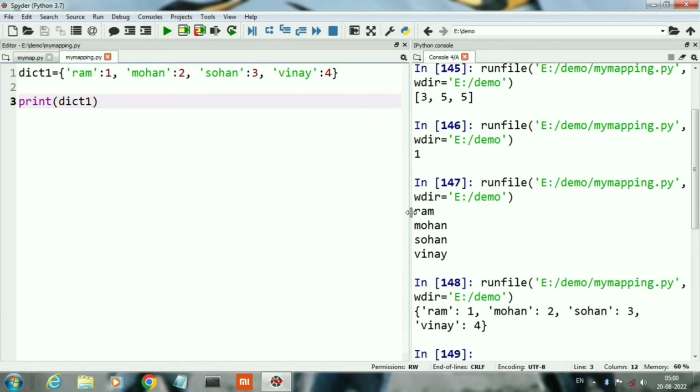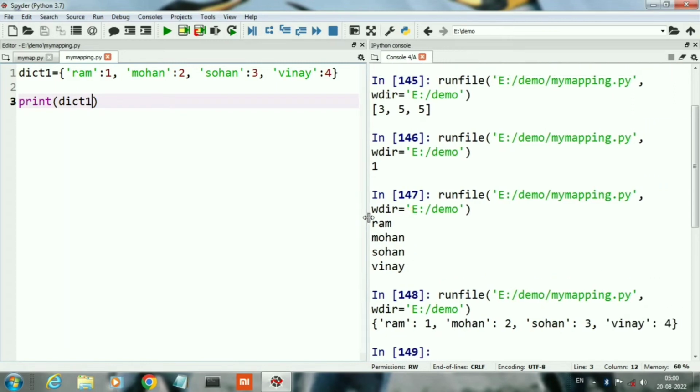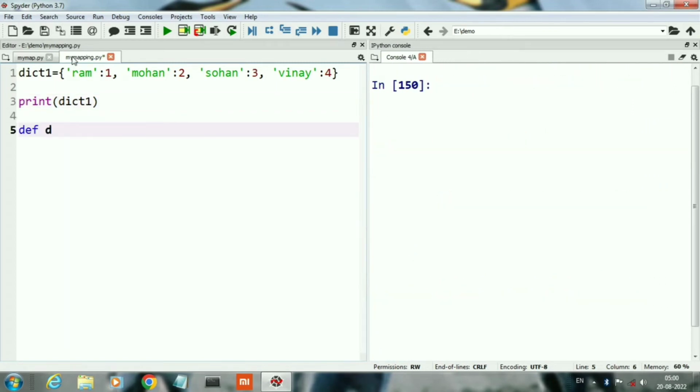Now I will create a user defined function doubles that will double the values of dictionary DICT1. This is the definition of our function doubles. Here the parameter is the whole dictionary. Now we will access the keys of our dictionary by using a for loop.